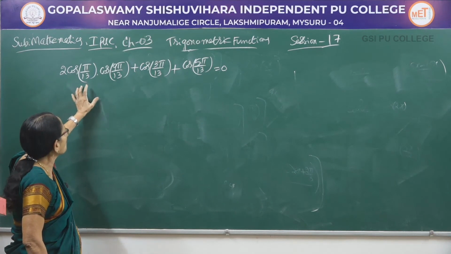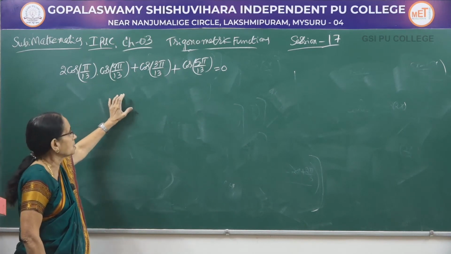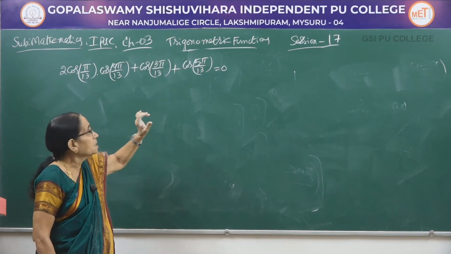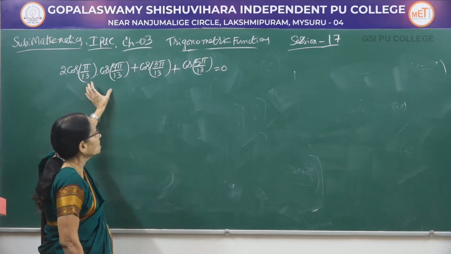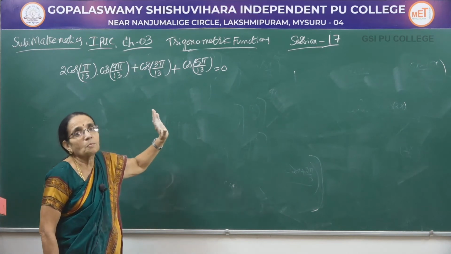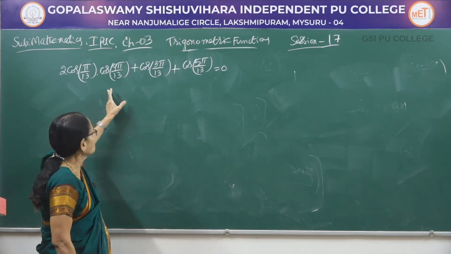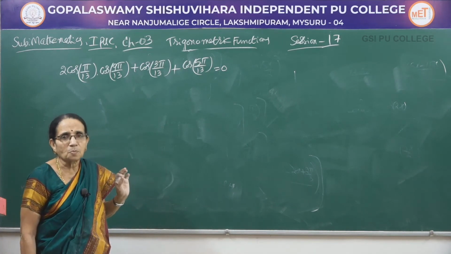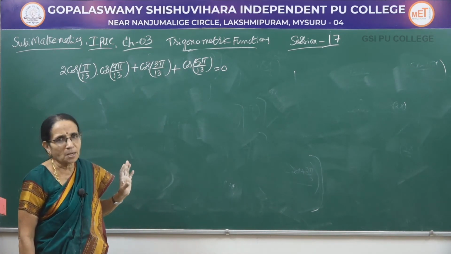It is of the form 2 cos x into cos y. It is a product. And these two are of the form cos c plus cos d. Here, either you can use the formula, the product to sum or difference can be used for this one. So, 2 cos x into cos y, what's the value? Cos of x plus y plus cos of x minus y.